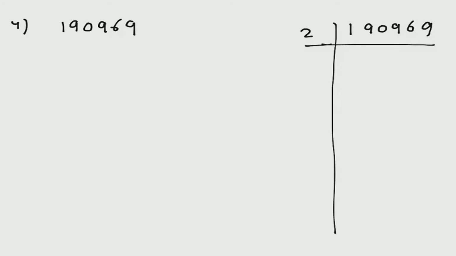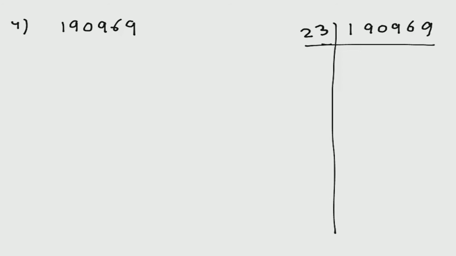So next example, I am taking the number 190,969. In the numbers I was taking until now, we could easily divide by a small number. But this number is not divisible by 2, 3, 5, 6, or anything like this. So we have to find out that the number can be a big number also. Here, 190969 is directly divisible by 23 only. So you have to figure out by which number we can divide the given number.